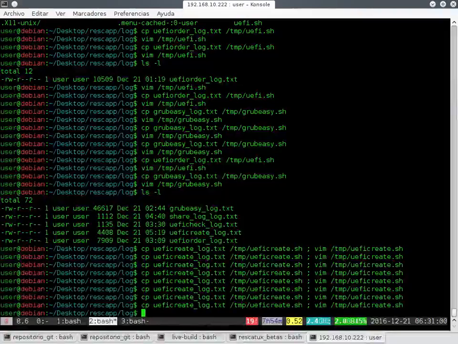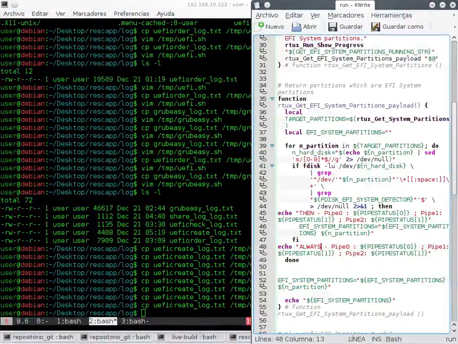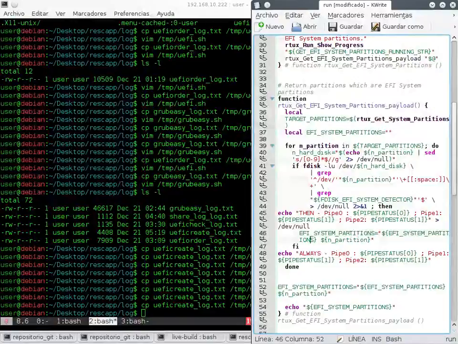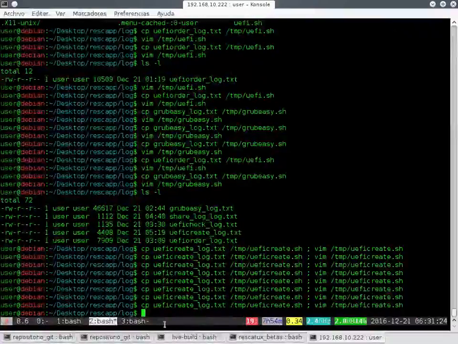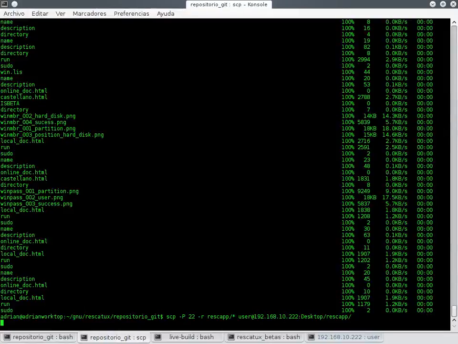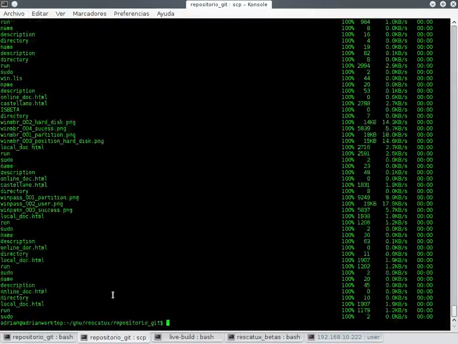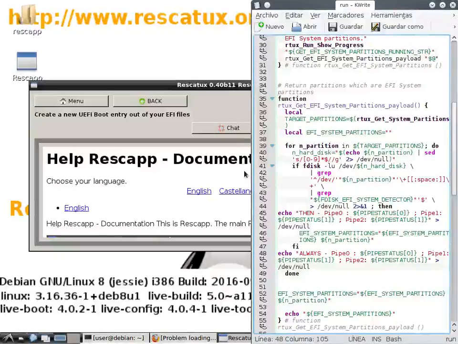I'm going to output to nowhere, and then I will only see it in the log. So this is the run one. The output goes nowhere, and here also the output goes nowhere, but I should be able to see it from the other side. So I update this, and now